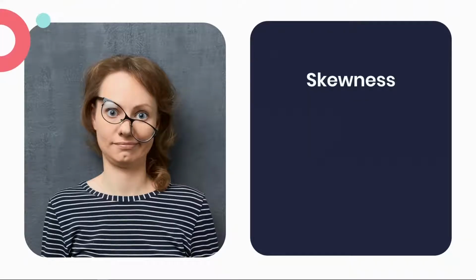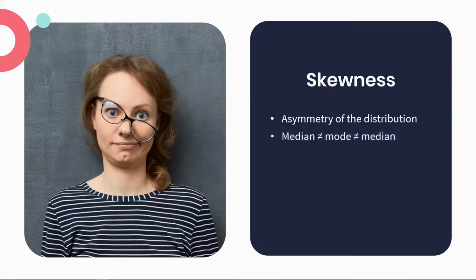As mentioned, skewness tells us more about the asymmetry of the distribution and will be present when the mean, median, and mode are not equal to each other. The skewness for the normal distribution is 0, because in the normal distribution, the mean, median, and mode are equal.